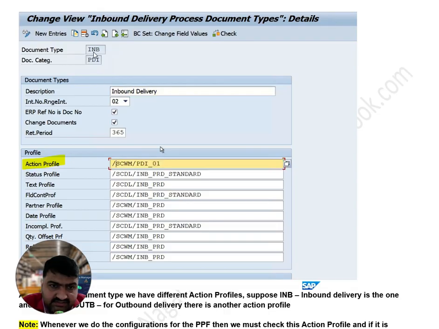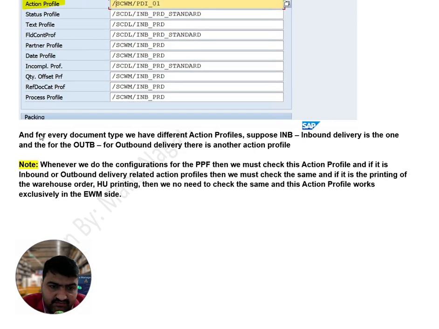So you can see here inbound delivery PDI01, and for every document type we have different action profiles. Suppose inbound delivery has one, and outbound delivery has another action profile.